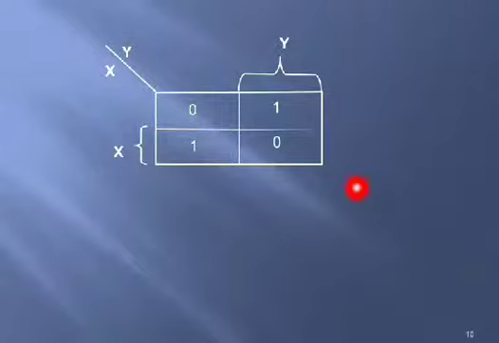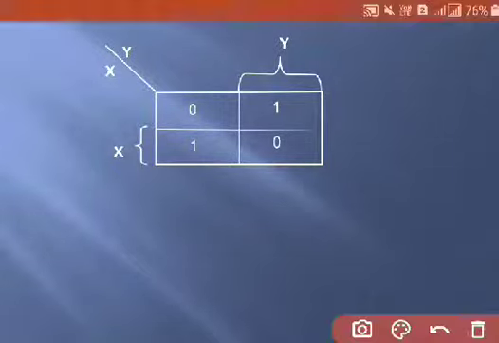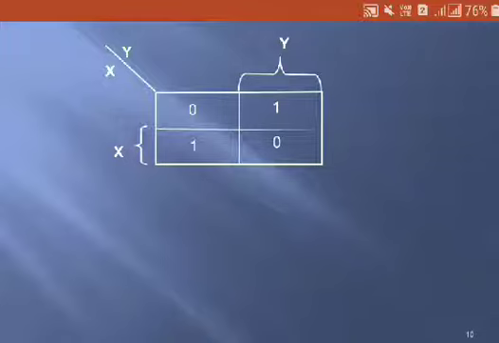So for 1 comma 2, let us say this is 0 and this is 1, this is also 0 and this is 1. So for 0 0, 0 1, the minterms are m0, m1, and this is m2. Only the m1 and m2 minterms are 1. So replacing those cells with ones and the remaining cells with zeros, this is the K-map representation of the given truth table.